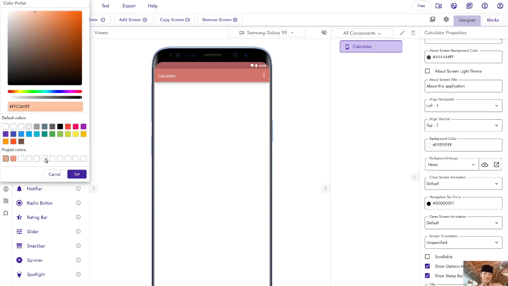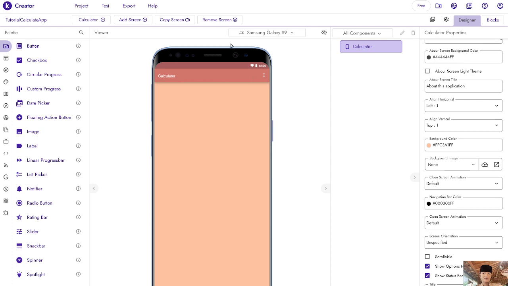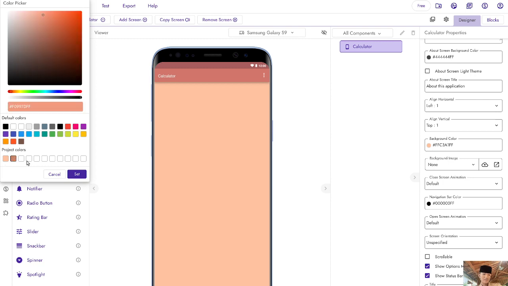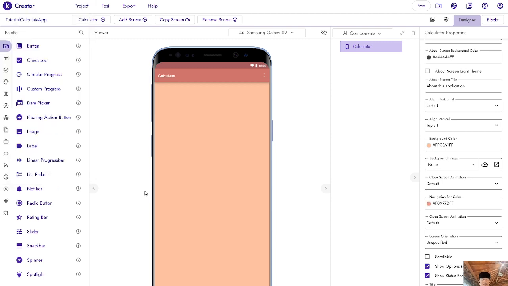Background color to be this, the light. And navigation bar, maybe it's going to be this one. Okay, great. The second thing that we're going to do is, wait, hold on.